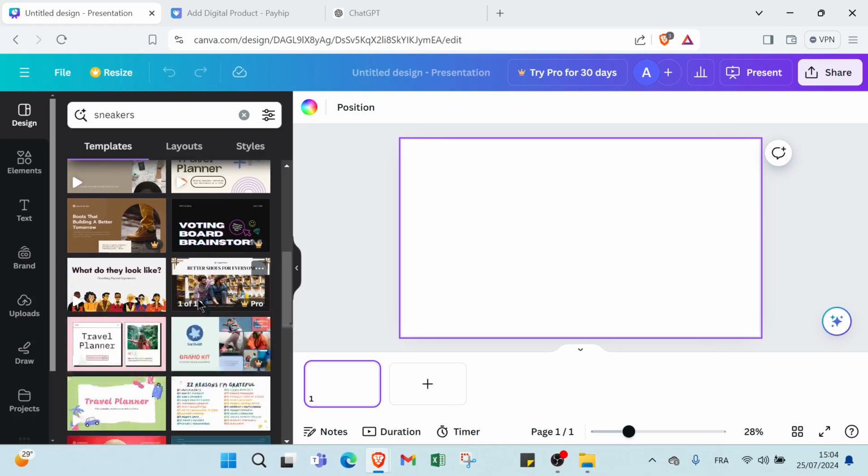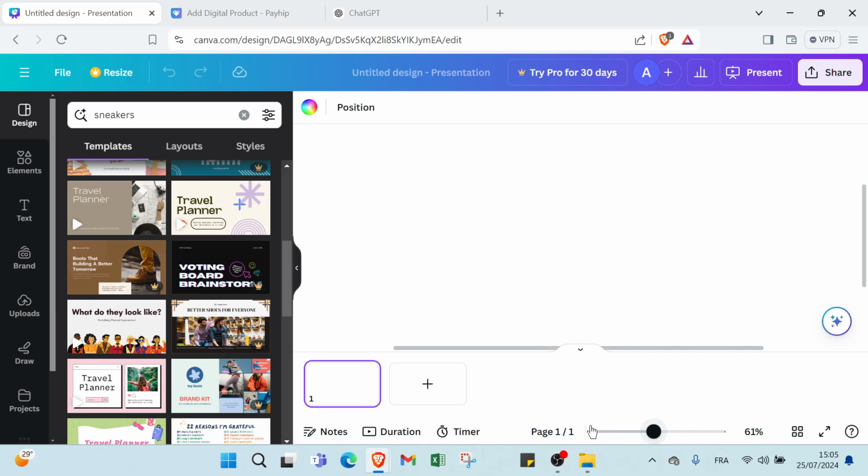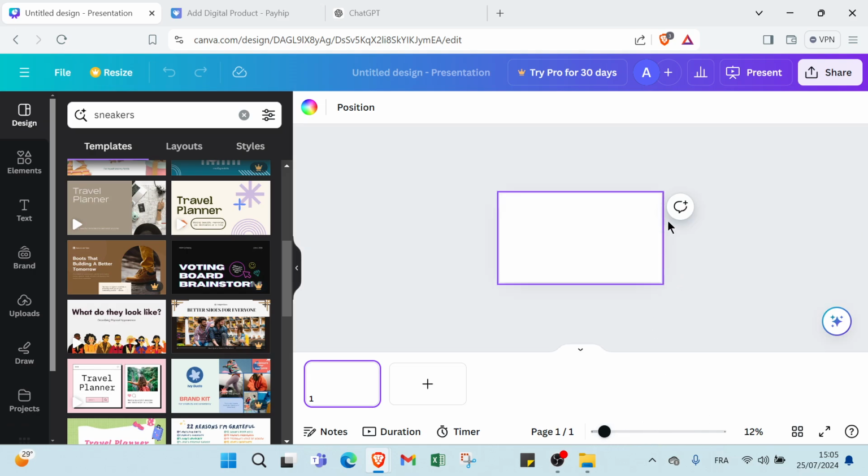You can write your name and other modifications. You can add page, notes, duration, timer, page. As you can see, it's very small. You can add comment, quick actions, also grid view, present full screen, and other things. You can also change background color, position also, and finally you share